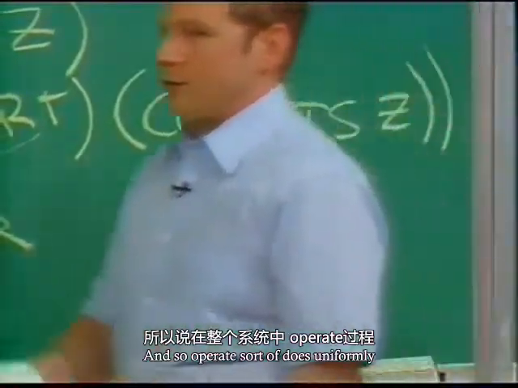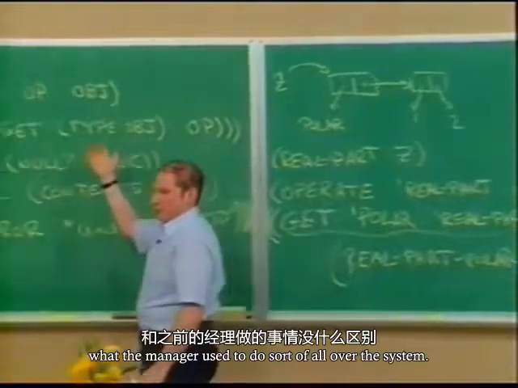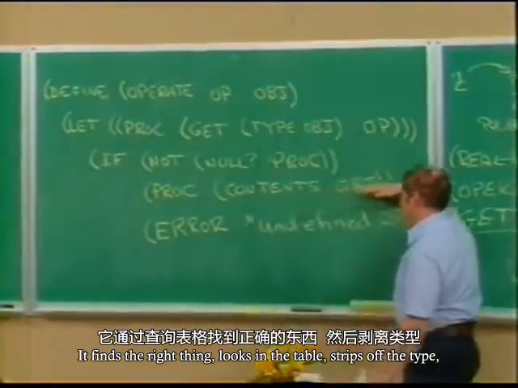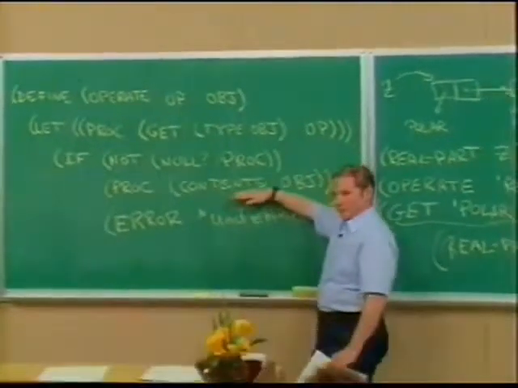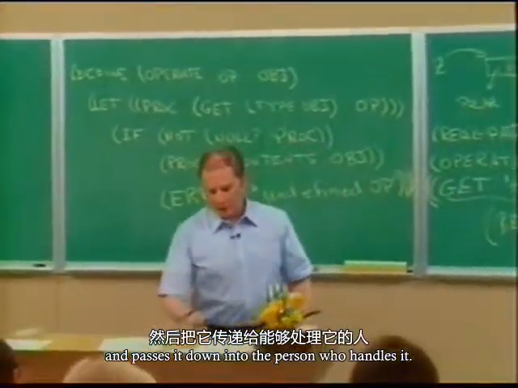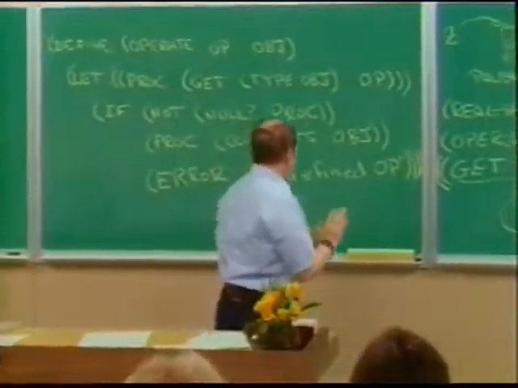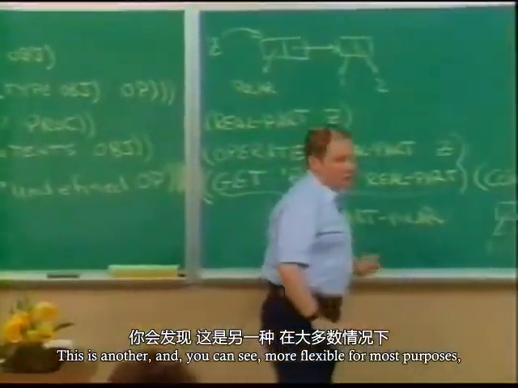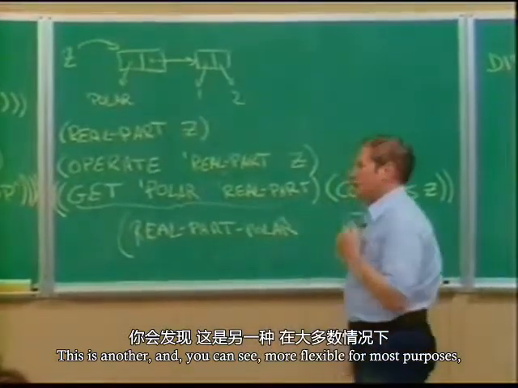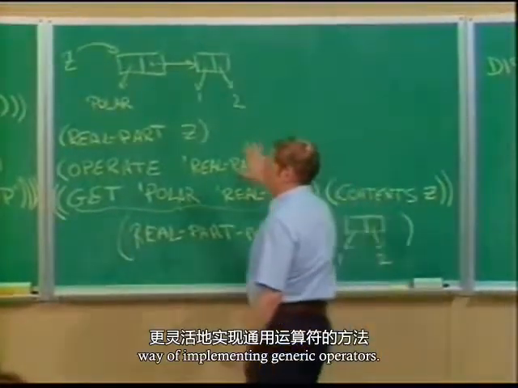So operate does uniformly what the manager used to do all over the system. It finds the right thing, looks in the table, strips off the type, and passes it down into the person who handles it. You can see this is a more flexible way, for most purposes, of implementing generic operators,